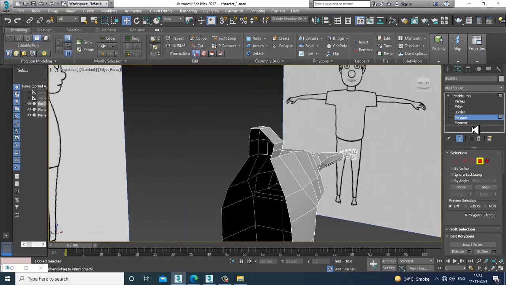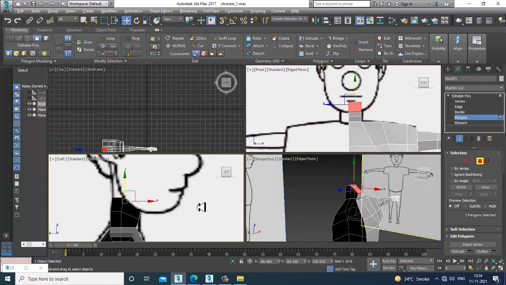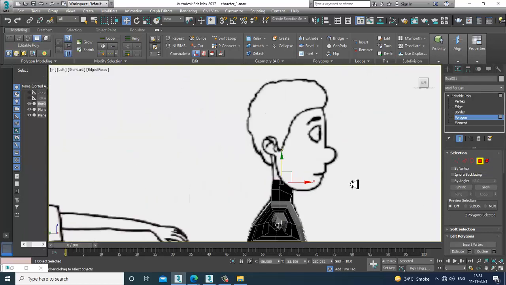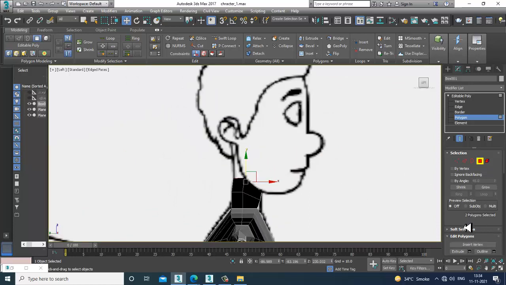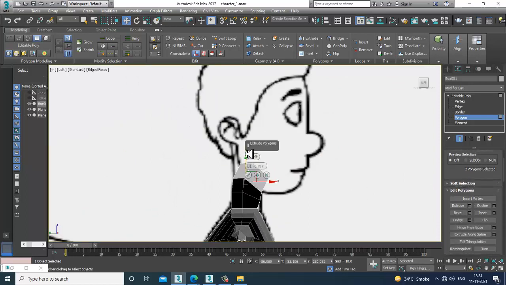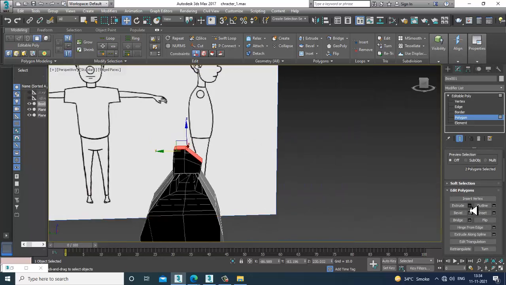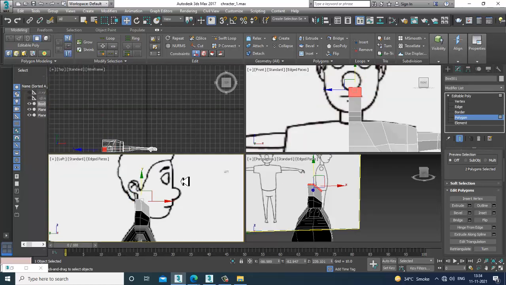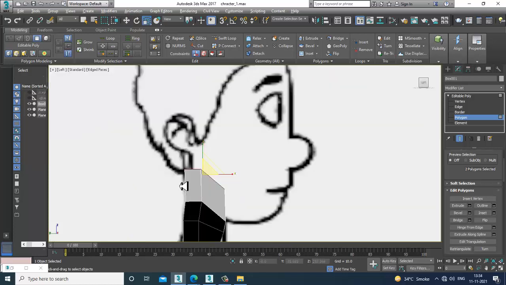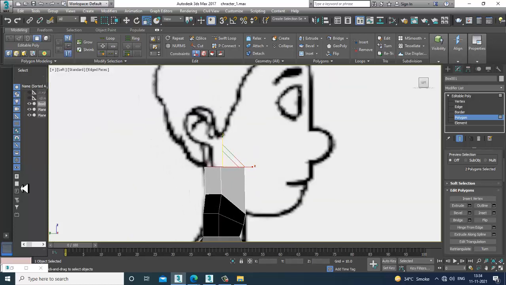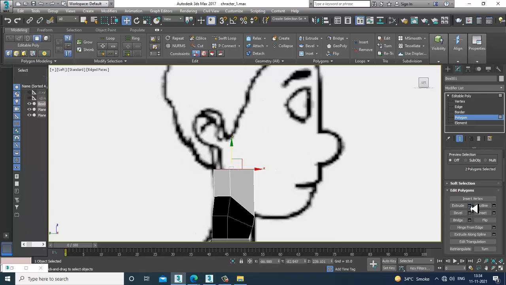Select the top polygons and let's extrude this up. Extrude this up. Make it straight. Press R. Again extrude it up.